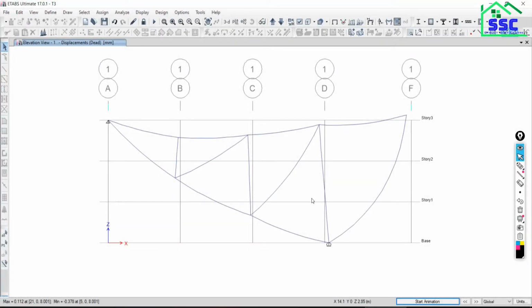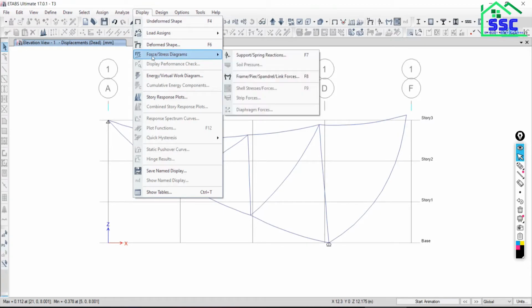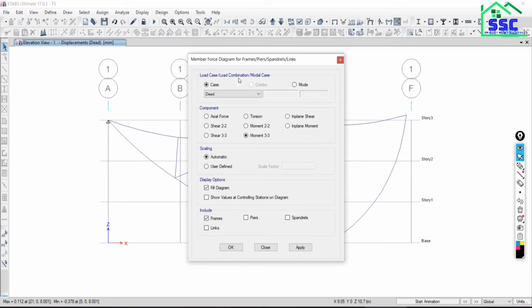See, now we have to see the reaction result in this member. So how can you check the results in the members? Go to display, force stress diagram, frame, pier and spandrels. Just click on this, and in the live load pattern I just want to see the actual forces.